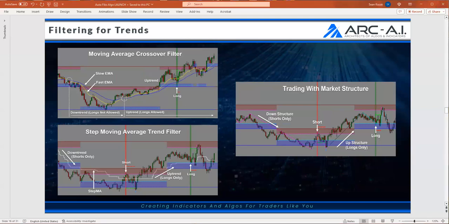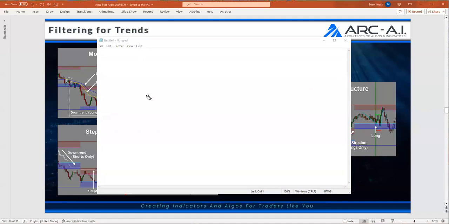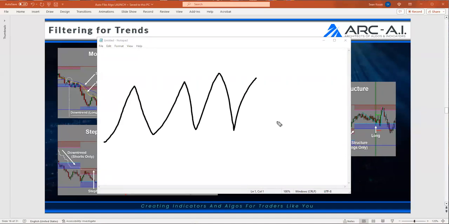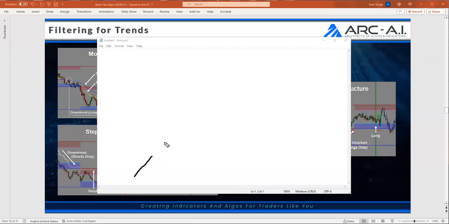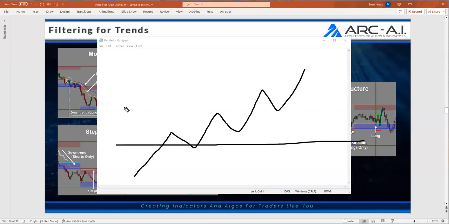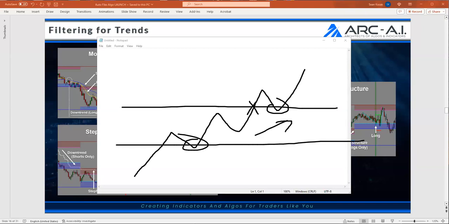You can literally also use market structure. You only take the shorts in the direction of price trends, only take the longs in the direction of price trends. Because if you're in an oscillating market, you could trade fib resistance, trade fib long, right? You could trade that. But if you're in a trending market and you've got a fib level here, and then you've got a fib level here, you don't want to short the market. You want to buy the market. So you'd be buying the longs in the uptrend on the support, and we can test that.